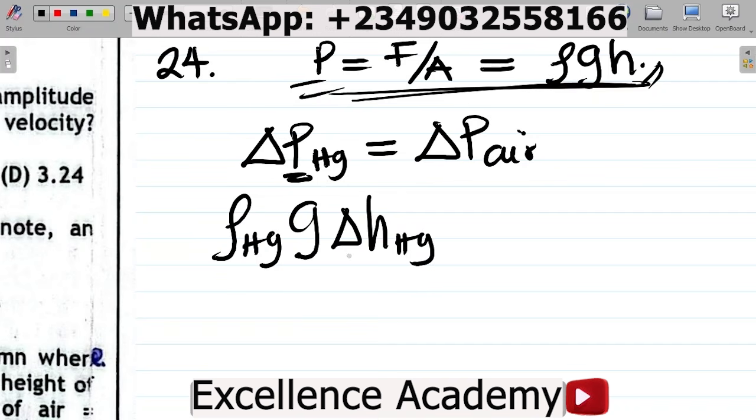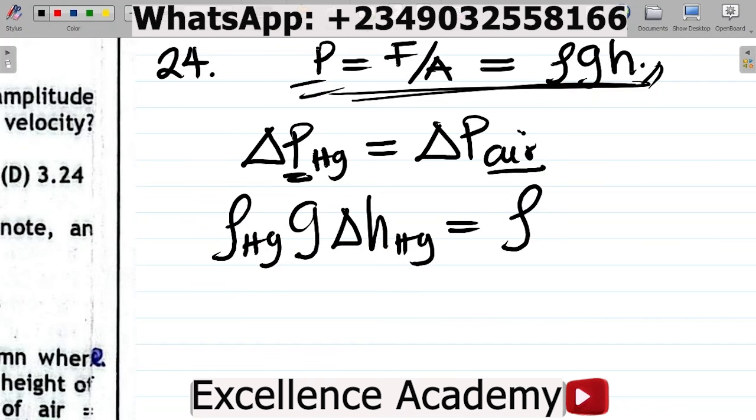You should know why I'm taking change in h and not change in the density of mercury. Density is always a constant, so it will not change. The only thing that can change between density, gravity, and height is height. That's the concept. This will be equal to